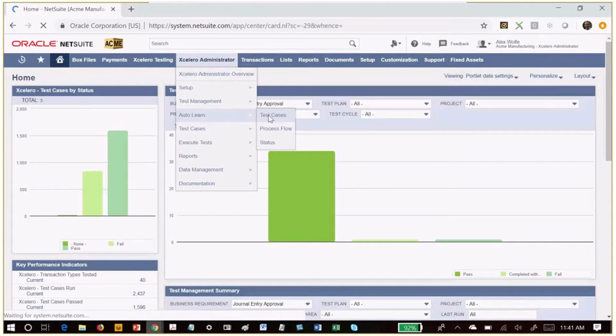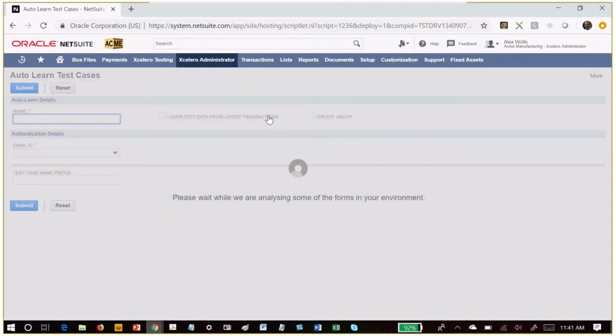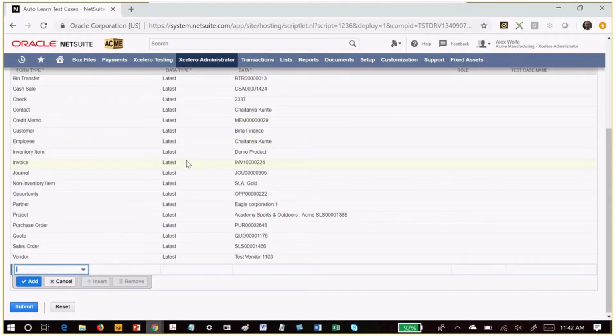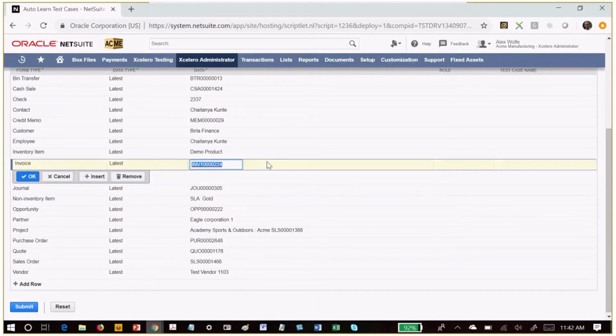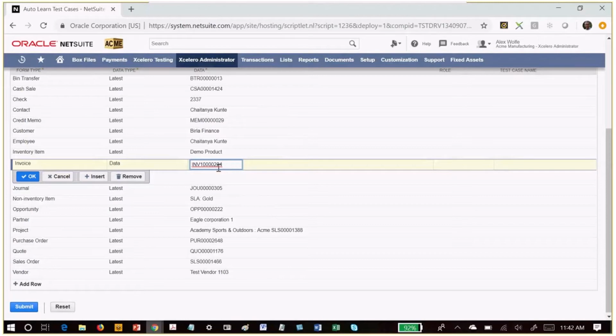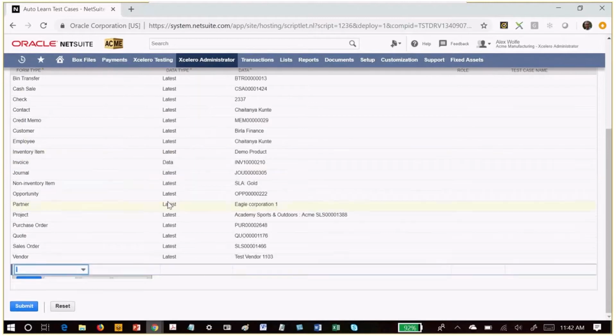So for instance, if I say Autolearn test cases, I can point Xcelero to a set of transactions or records in your NetSuite environment, meaning your NetSuite sandbox environment, where you can say, I want to learn from the latest record that exists in this instance. So I can say that this is the invoice that is a good test transaction for me. I can say learn from it. If this is not a good one, I can say that instead of invoice number 224, I want to use invoice number 210 instead. So what Xcelero will do at this point is when you hit submit, it will go